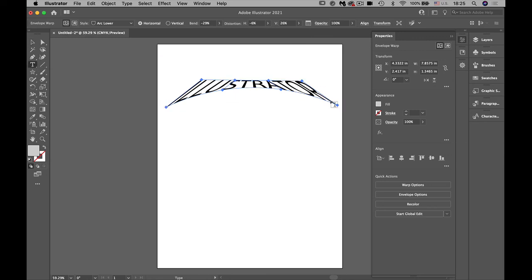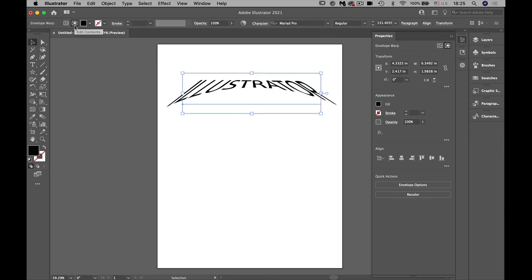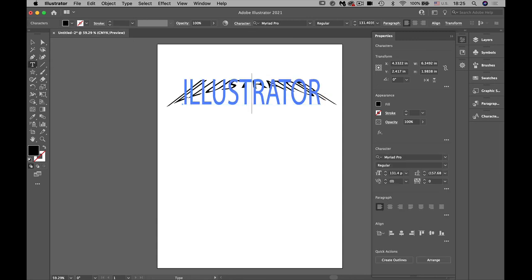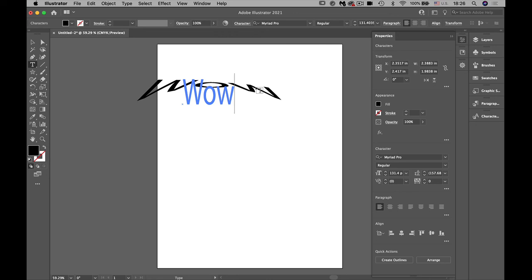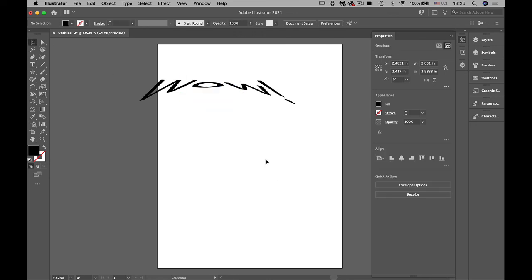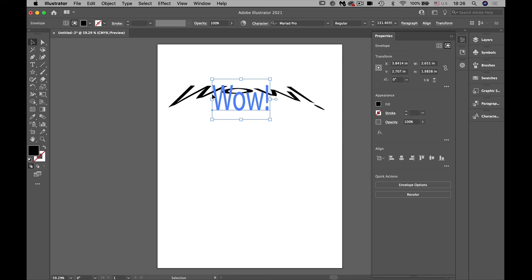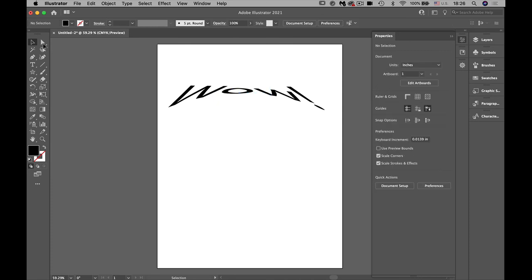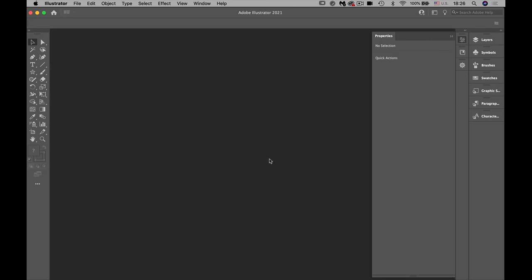So what does it mean? It's going to be hard for me to click on it, but I'm going to go back here and call that, see, Illustrator is still there. I'm going to do wow, and it's still there. So it's warping it and just leaving the type itself there. And if you create outline, that's it. Does that make sense? So we're going to take a look a little bit at that, and we're going to take a look at glyphs as well. So it's probably going to take like half an hour or 45 minutes to finish the text version in Illustrator. Okay? So I'm going to select all, I'm going to close that, and I'm going to go in